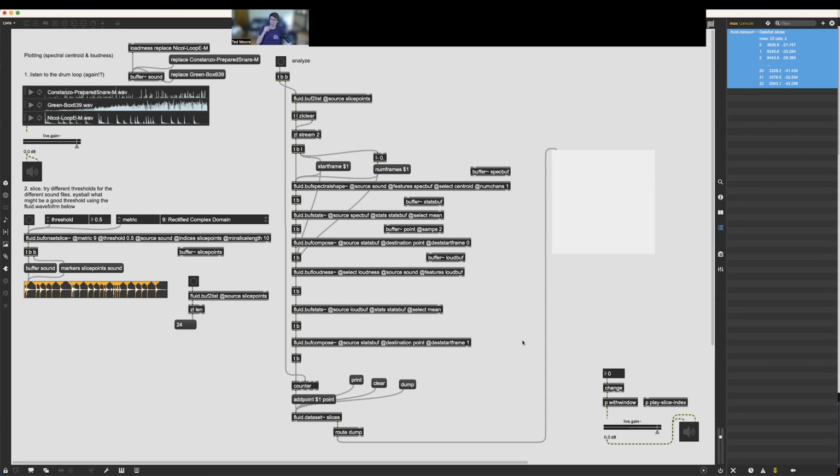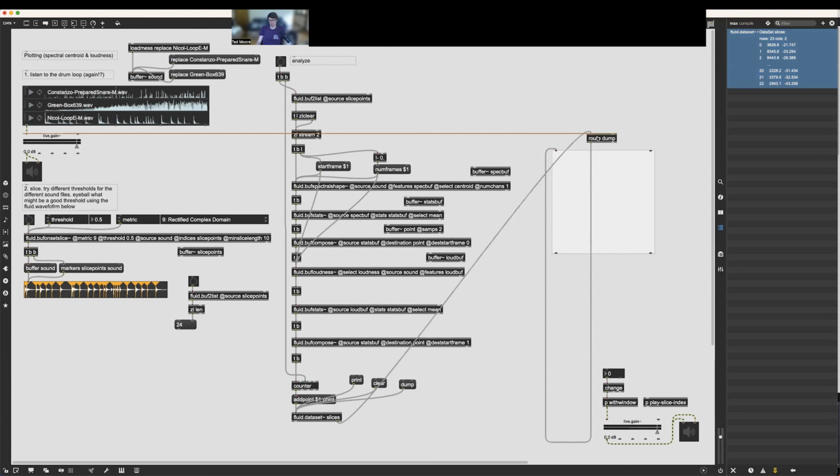A more common approach, and the one that we're going to do here, is we're actually going to normalize our data set before we plot it. And what that will do is that will make sure that all of our values in our data set are between 0 and 1. And then when we give it to the plotter, it will be in the appropriate range that the plotter is already set to display. And that's what we're going to do for the rest of the times we use the plotter as well. It's usually how, at least with FluCoMa, we end up using the plotter. But if you wanted to change the scale and see things in their native ranges, that is something you can do as well. So the way I'm going to do that is